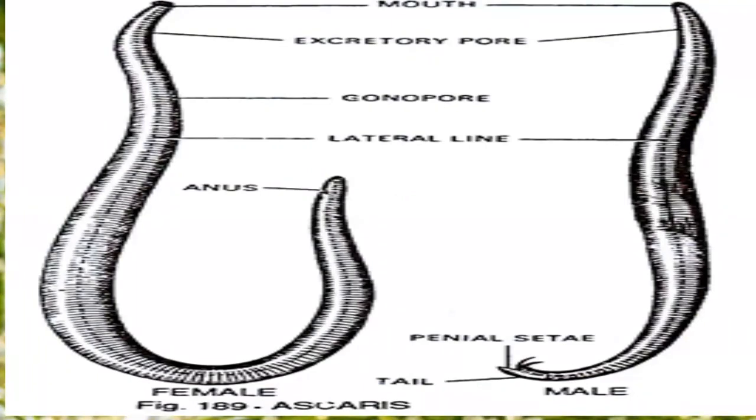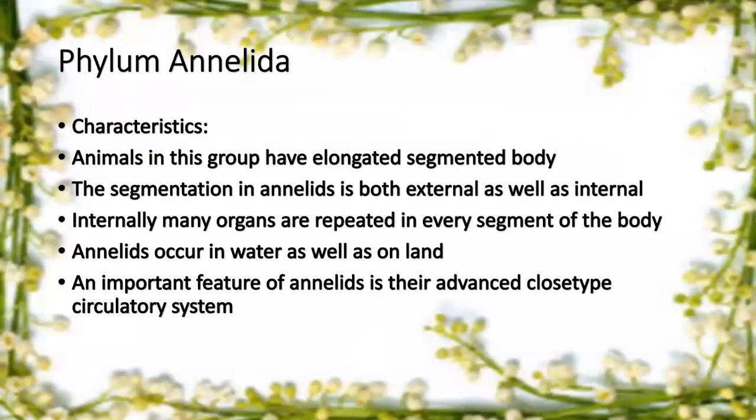पैरासाइट है। स्क्रीन पे you can share that excretory pore, gonopore, lateral line, ये सारी चीजें जो हैं आपके लिए इतनी इम्पोर्टेंट नहीं हैं, only you can share the diagram. This is the female. You can see the size of female is bigger than the size of male. Both the ends are tapering. दोनों माउथ और एनस जो है वो पॉइंटेड है, थोड़े टैपरिंग है, बीच की बॉडी सिलेंड्रिकल है। इनके अंदर वन वे डाइजेस्टिव सिस्टम होता है। नेक्स्ट है आपके पास फाइलम एनेलिडा।